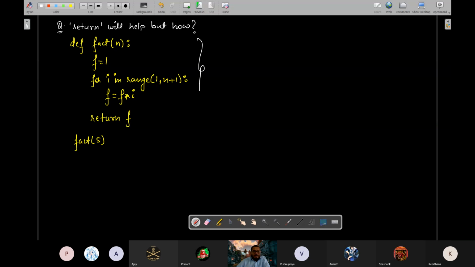This part, being a function definition, will just be scrolled through. Being a function definition, no processing will take place.